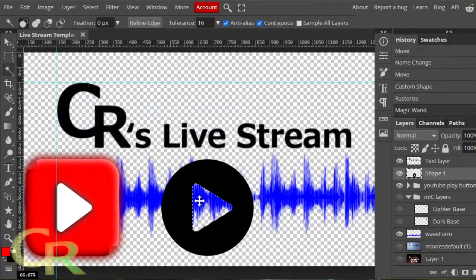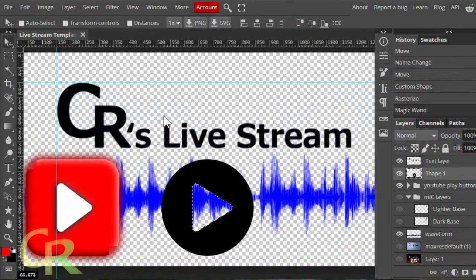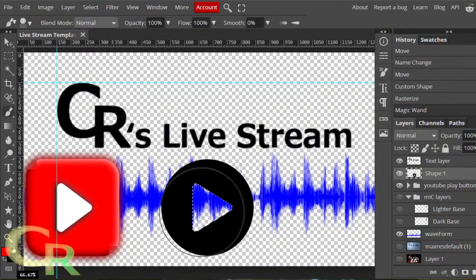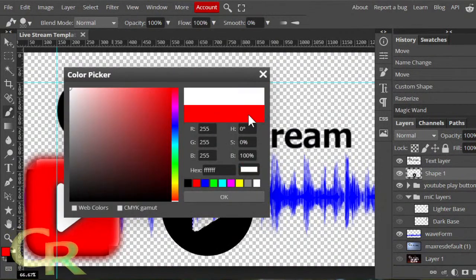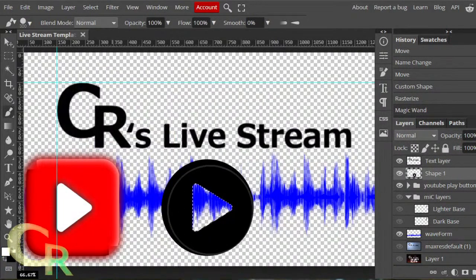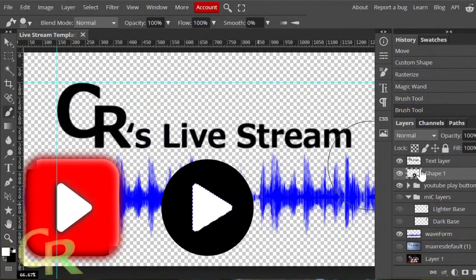Let's make another play button here, but that's round. This time around, I don't remember how to do this correctly. So I'll select the inside. Sorry, I hit W on the keyboard, magic wand. Selected the inside of the triangle. What I'm going to do here is press B for brush. Select white. Okay. Color that in.